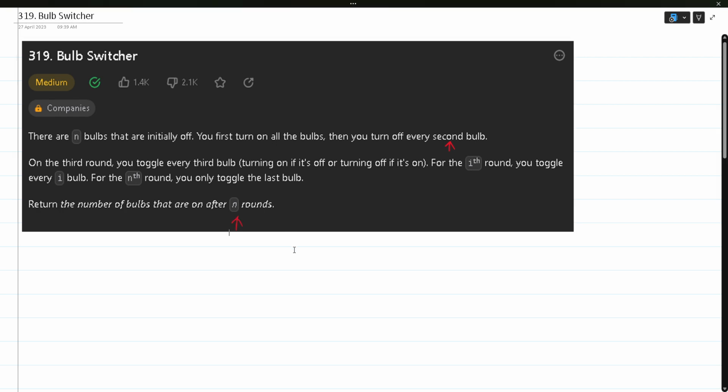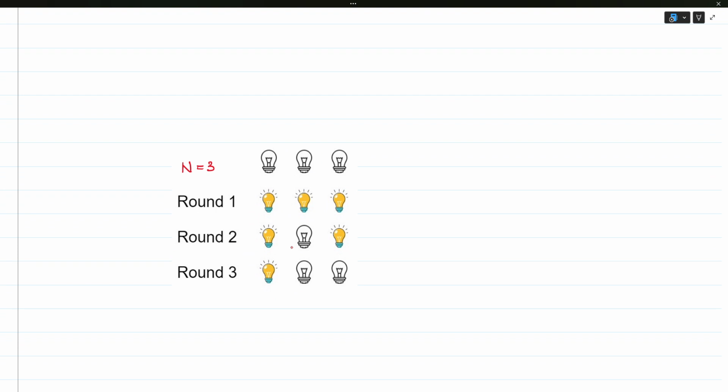Okay, so let's see an image explanation as well. In this case, n is equal to 3. So initially there are three bulbs. At round 1, we toggle every switch. In round 2, we toggle only the multiples of 2. In round 3, we toggle only the multiples of 3. So at the end, after 3 iterations, we got only one bulb which is in on status. So after understanding this problem statement and this image explanation,